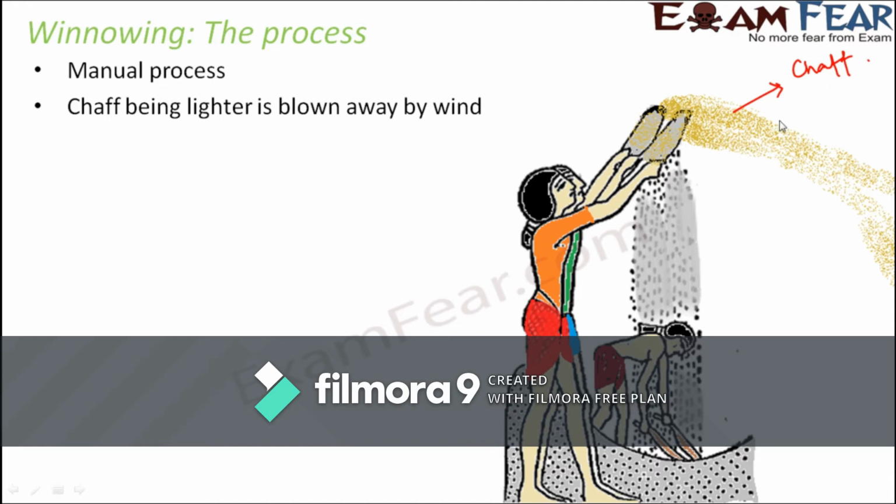So similarly in this case also, the chaff is very light. It is just the outer covering. Correct? So it doesn't have any weight. So as the wind blows, the chaff gets carried away with the wind. But what happens to the grains? Now the grains being heavier, they fall back. So here you see the grains. So these are the grains. Now as a result, what happens? All the grains get collected in this area and all the chaff gets collected in a separate area. So that's how you are able to separate the two.